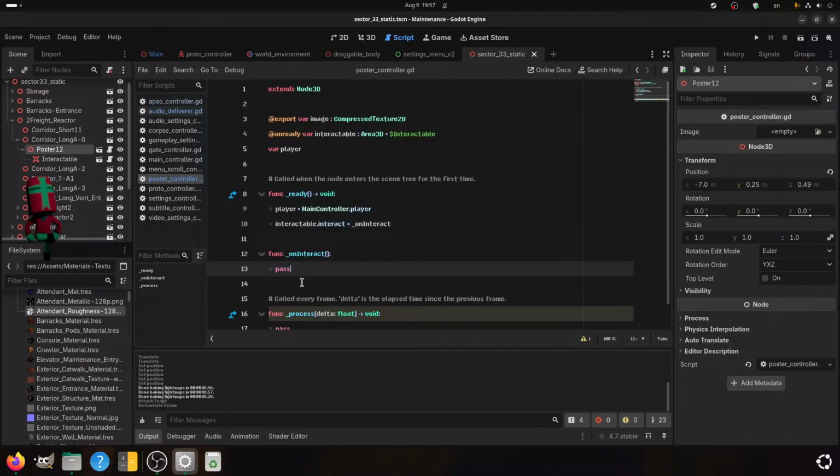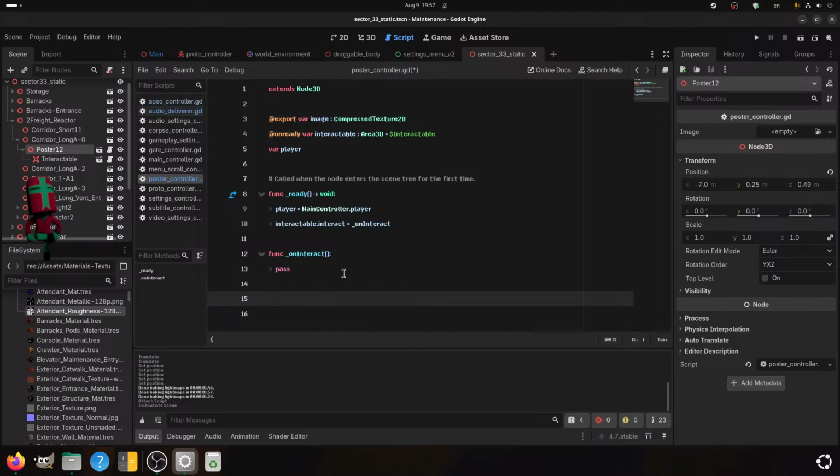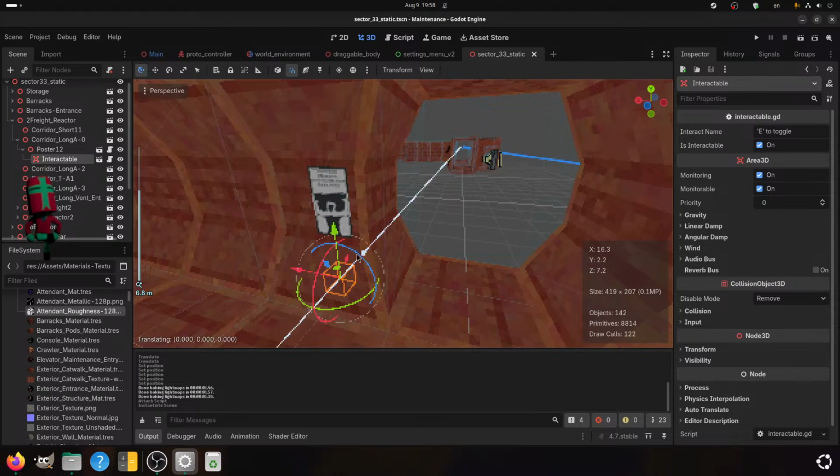Now, what would we need? What we would need is, right, thank you, Cosmic. I do realize now that I did not explain the slightest what I was going to do, and now that there is no one left in the stream, it is pretty pointless. But I suppose I should still do it. You see, what I am trying to achieve is I want when the player interacts with the poster here, which reminds me, bring this. Okay.